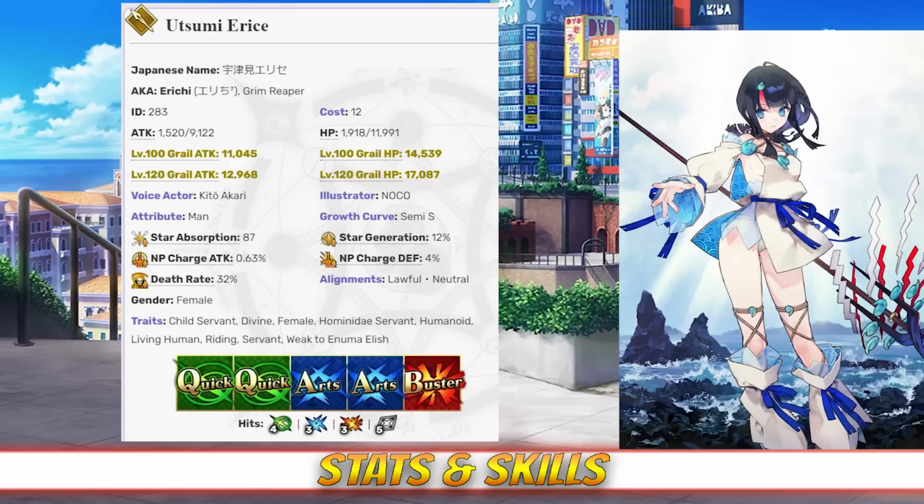Erice has a max HP of 11,991 and a max attack of 9,122, which becomes 9,578 due to her Lancer class modifier. Compared to other Lancers, her HP is about average, while her attack falls a bit on the low side. However, she fares much better when compared to the general population of 4 stars, where she has above average HP